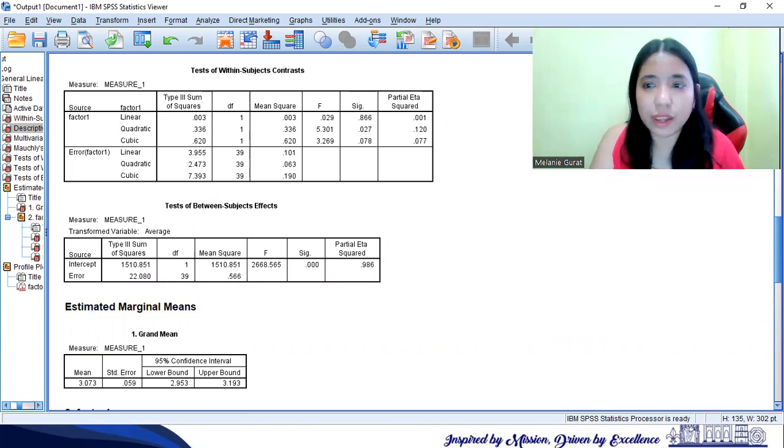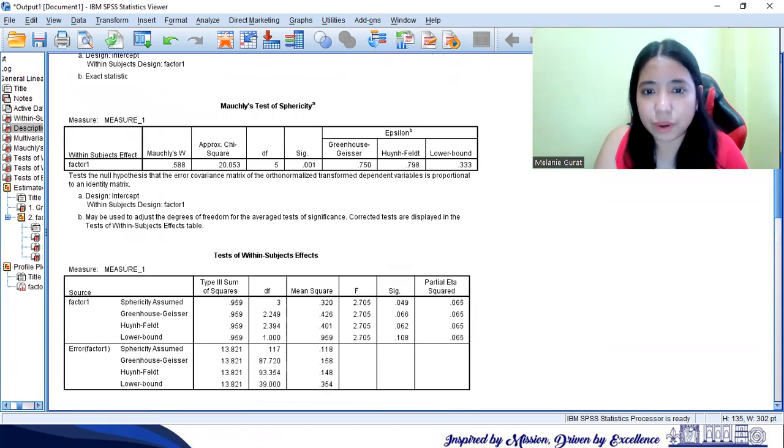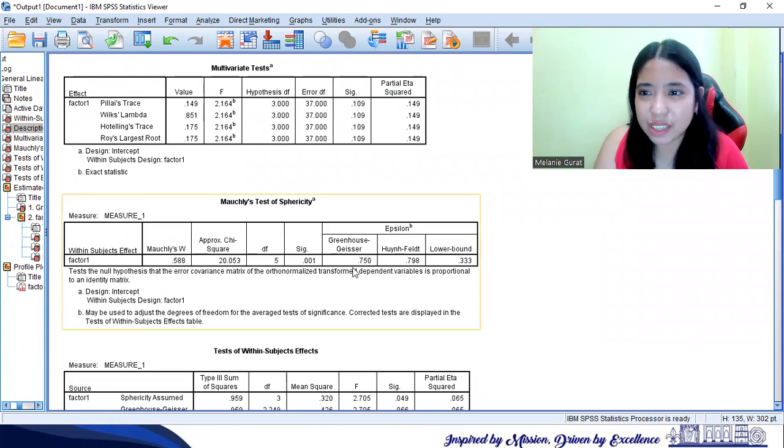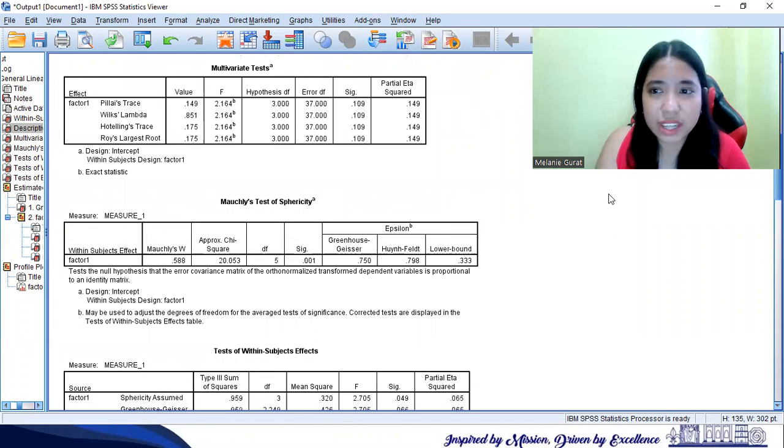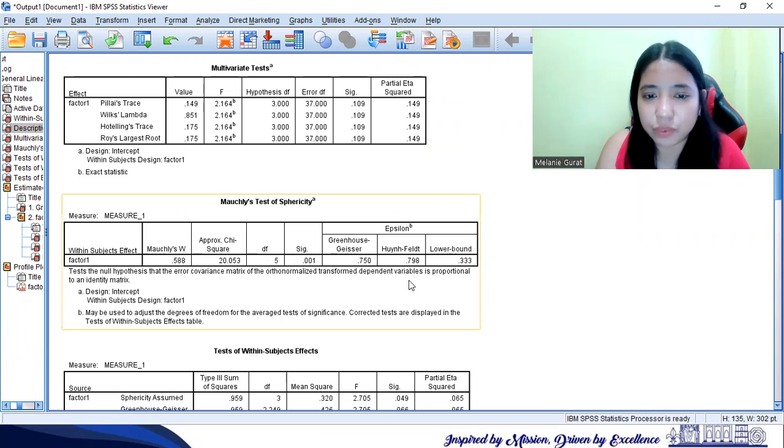And by the way, regardless of whether this is below 0.75 or above 0.75, what is generally indicated in the manual on how to use the repeated measures ANOVA is that we can use the multivariate test in place of Winfeld or Greenhouse. In particular, the most commonly used here is the Wilks' lambda. So it's up to you if you prefer to report the result of Winfeld or the Wilks' lambda.